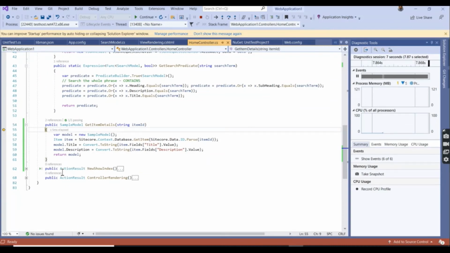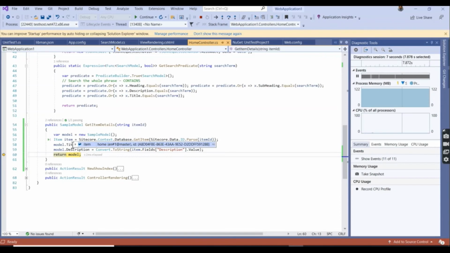So if we see the item value, the home item that I created came here. If we get the title value, the same title value is available, and the description as well.